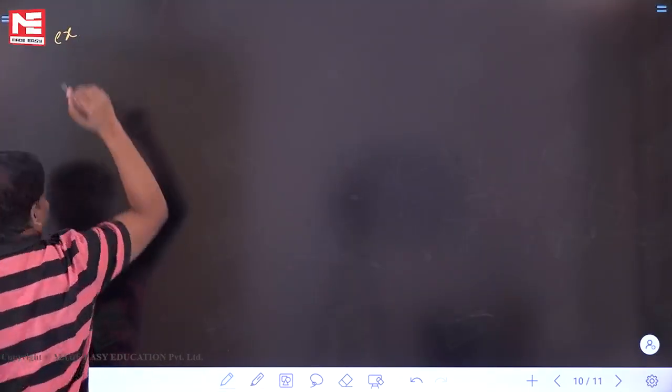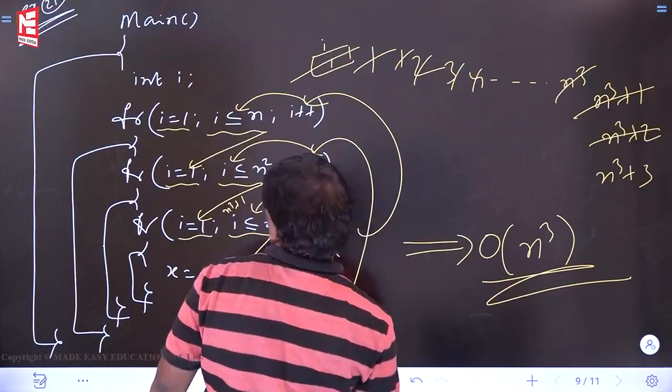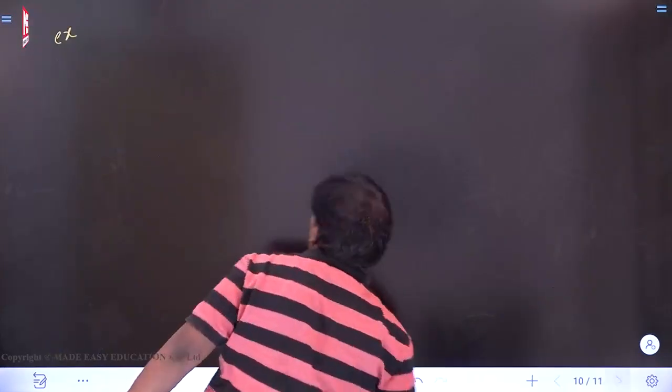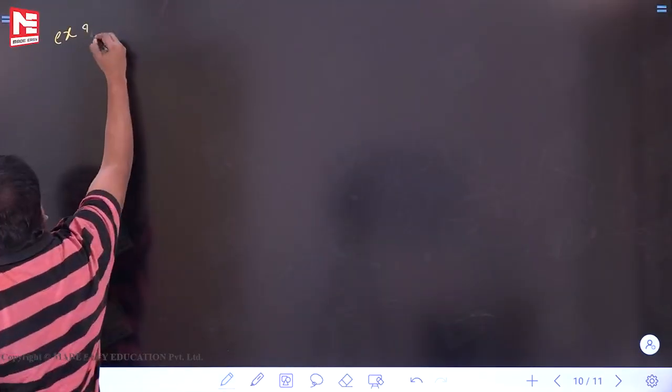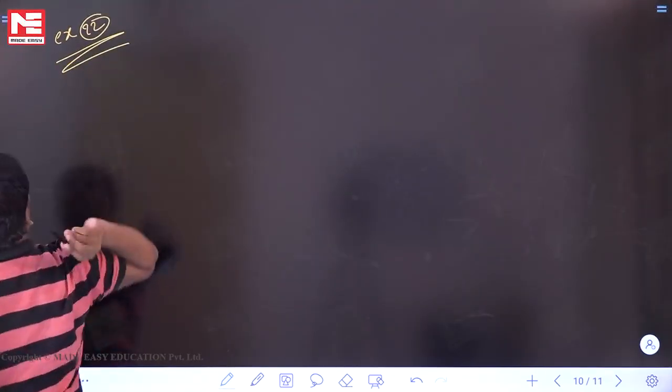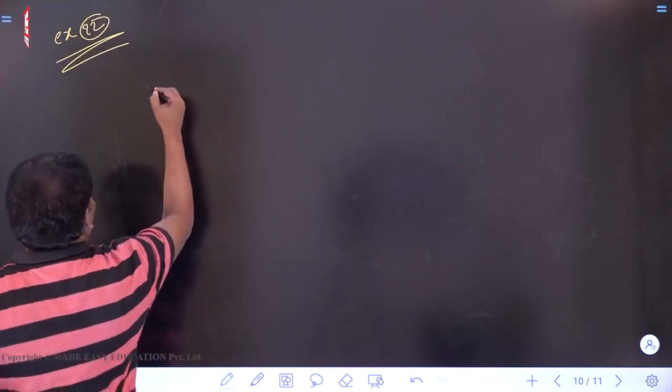What is the example number of the previous one? Previous one is 21. Now let's go to 22. Example 22. Let's see here. Main